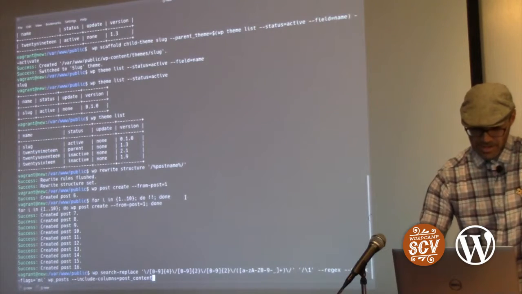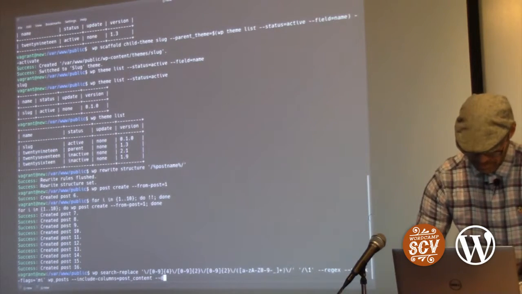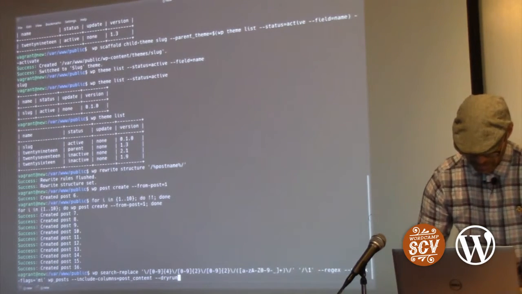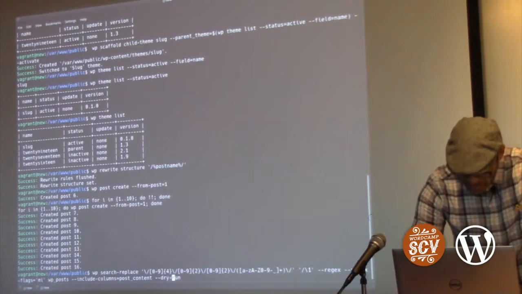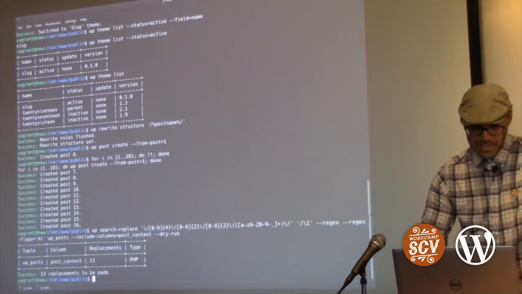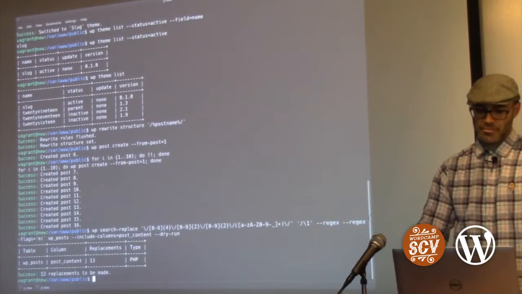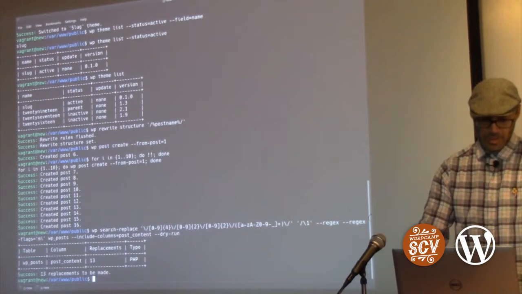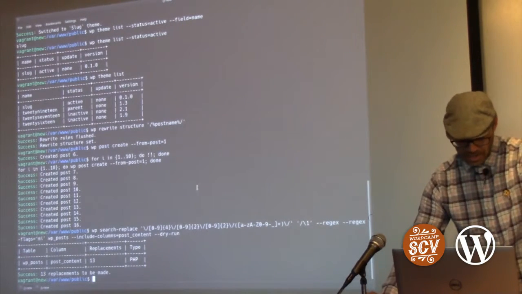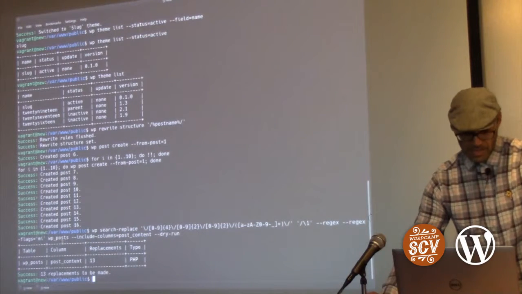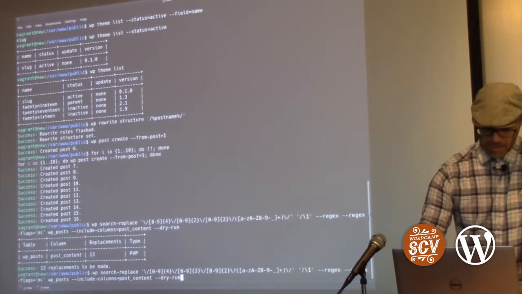So we're just going to run it. Actually, let's do a dry run. Dry run, right? If we got a hyphen there. So this runs, and it tells me it's going to replace 13 instances in the wp_posts post_content. Actually, yeah, well, anyways. So now I'm actually going to run it,